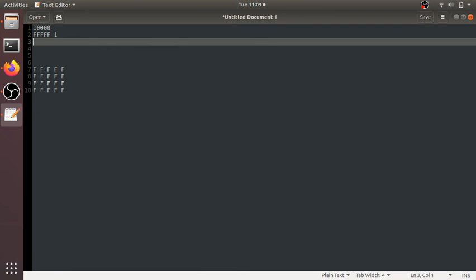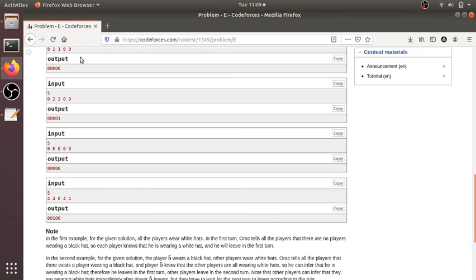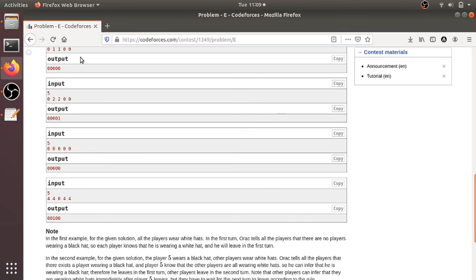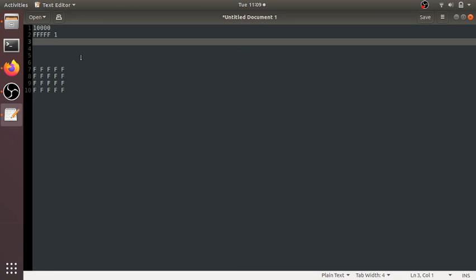So why is that put in the... can there be a case where, but remember these are only one person wearing black hats. If there is more than one person wearing black hats, it's some kind of